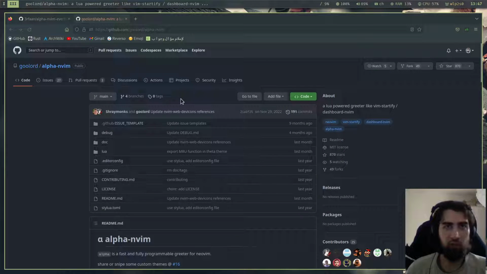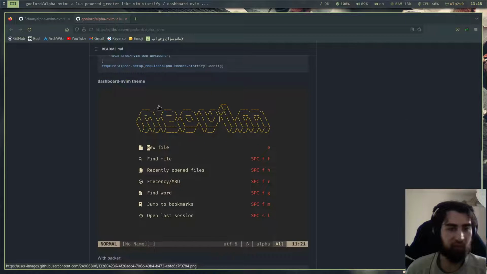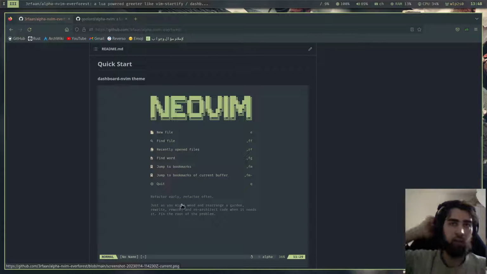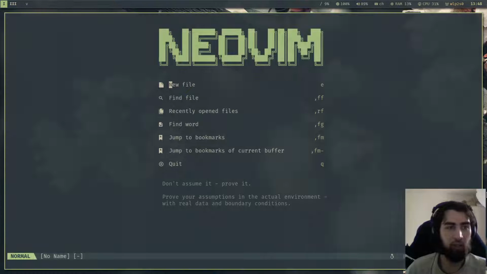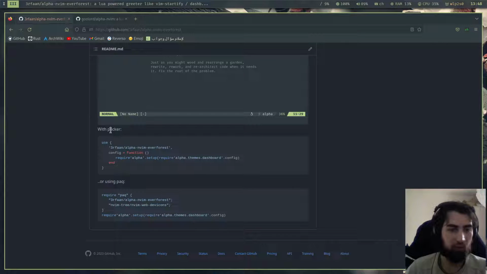You can also use this one as you like, but I've basically just taken this dashboard and Vim theme and I have made it a little bit more ArcoLinux theme compatible, so it fits very nicely with your ArcoLinux Arch configuration. That's why I have made a fork, and you can use that using Packer,